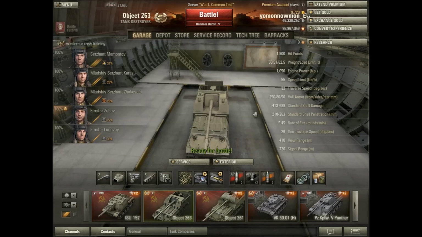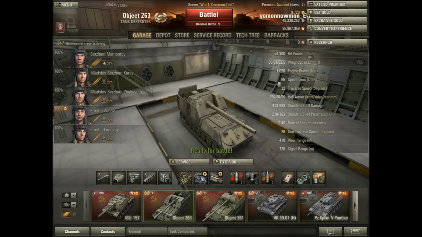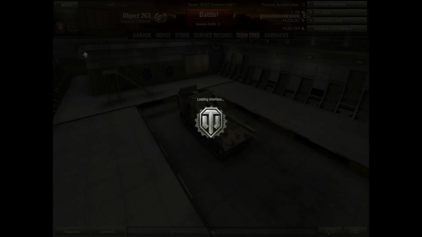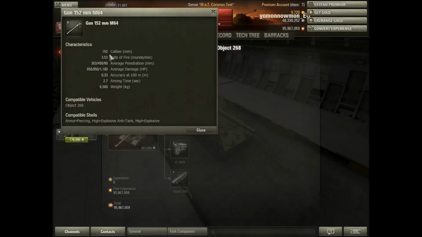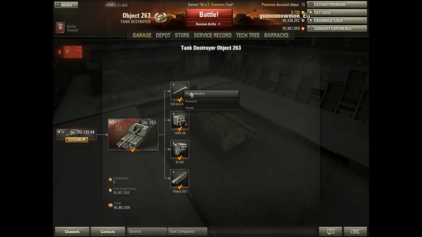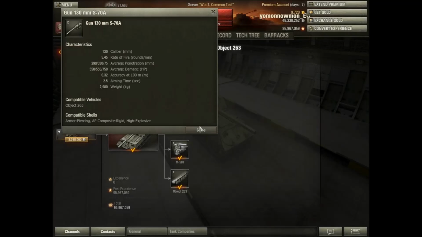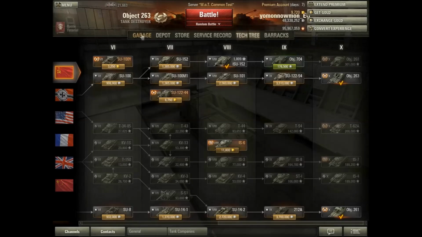I've been starting to have some serious doubts and changing my decision about that, because I'm really, really, really liking this thing a lot. I mean, okay, it doesn't have the same alpha damage as the Object 268, the other Tier 10 tank destroyer. If you take a look at the 152mm on this thing, it doesn't have the same alpha damage. But if I'm honest, it doesn't need it. It really just doesn't need the alpha damage. It's just one of those tanks that...